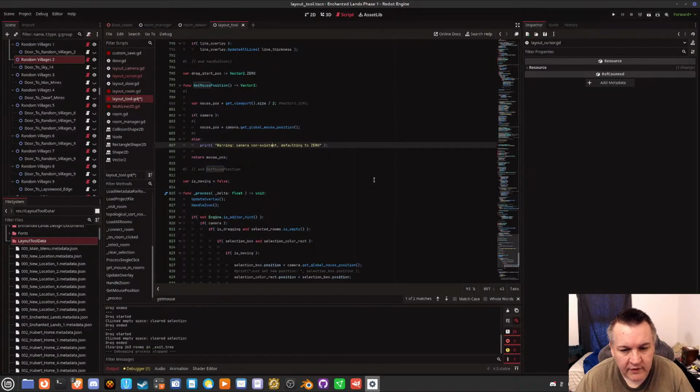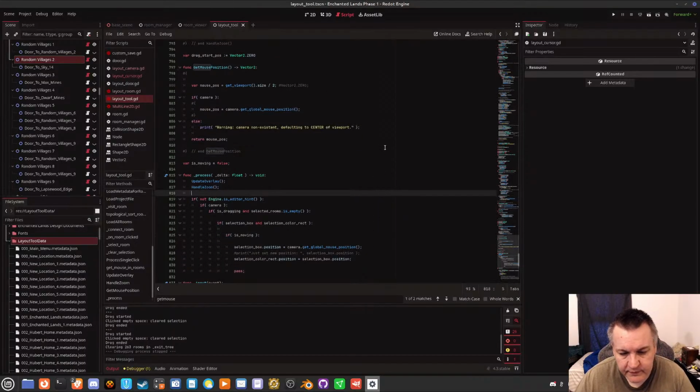Warning, camera non-existent, defaulting to center of viewport. So that way, now get mouse position gets the mouse position.